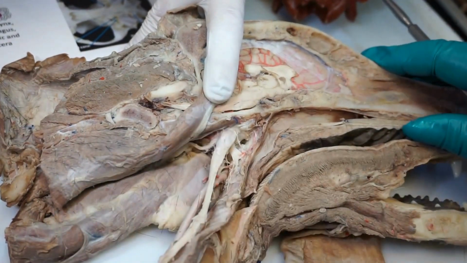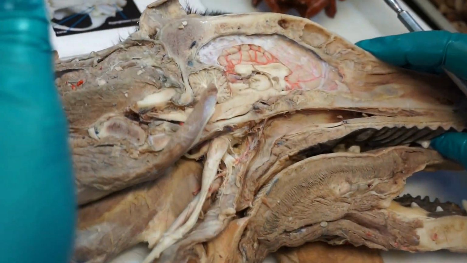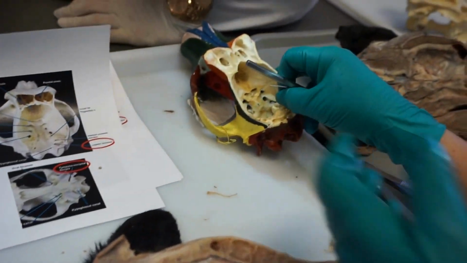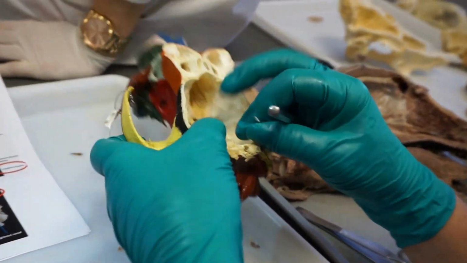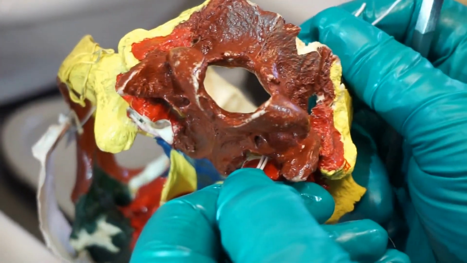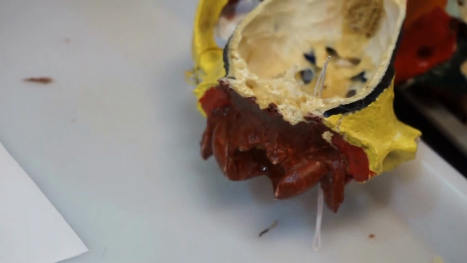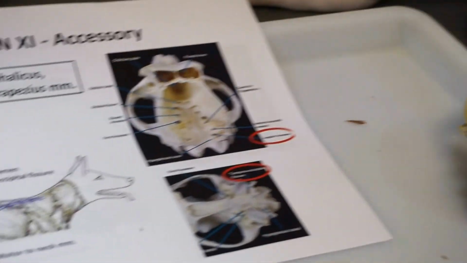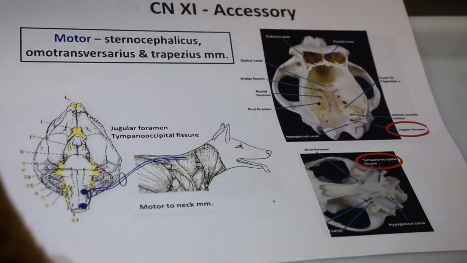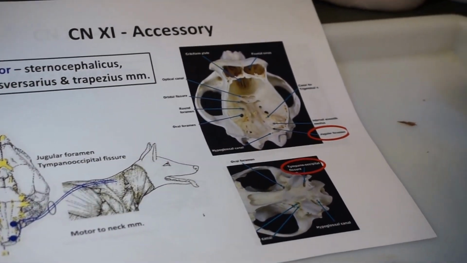All right, so that would take care of our vagus. In terms of where the vagus comes out, just like the other nerves we talked about, the jugular foramen and that tympano-occipital fissure are going to be important for the vagus nerve. Cranial nerve 11 is accessory. Once again, that one is going to be leaving that jugular foramen and the tympano-occipital fissure